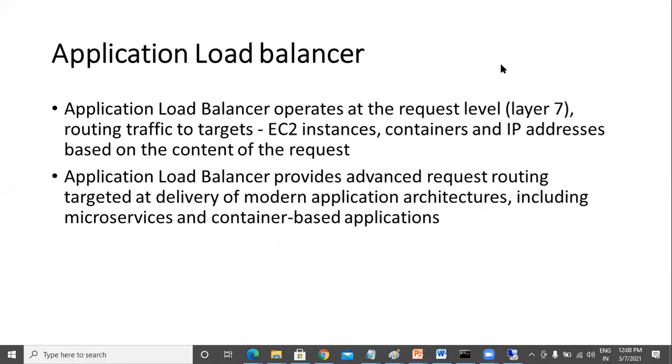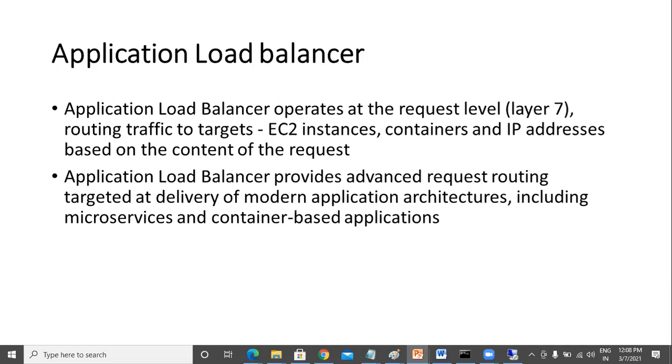At the end of the day, the job of the load balancer is the same: to balance the load, whether it is an instance, an IP address, or a container. Whenever a request comes over HTTP, HTTPS, or internal TCP/IP traffic, in the background it will route the request to the instances, IP addresses, or containers based on the request.